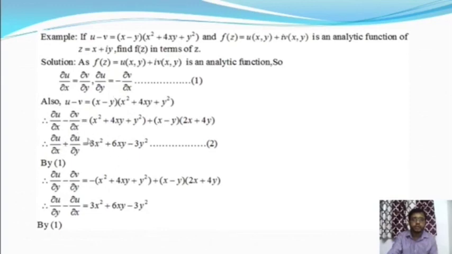Similarly we can find the differentiation with respect to y, and from this we'll get del u del y minus del v del x is equal to this. So again we apply the Cauchy-Riemann equation, and we'll get del u del y minus del u del x is equal to this. Okay, so from equation 2 and this equation, say equation number 3,